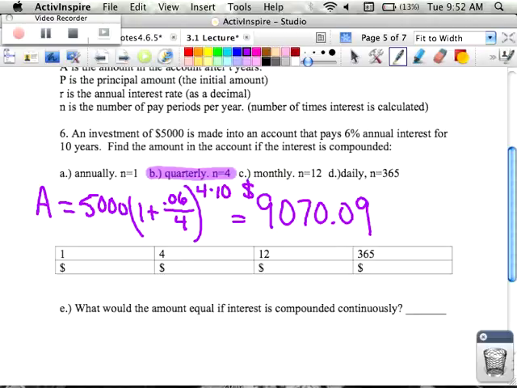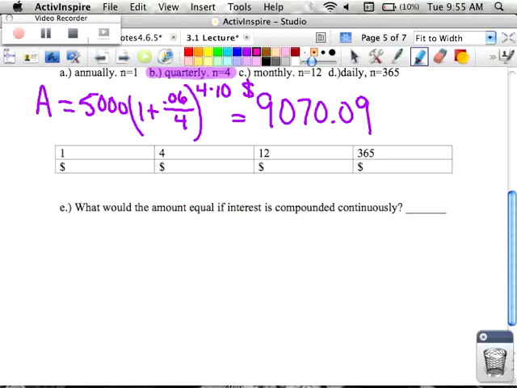Let's try letter D. So if I'm looking at compounding my money daily, which in today's day and age you should easily be able to get out of a bank because they have computers, I'm still going to take that amount that I wanted, that $5,000 that I want to invest. I still have the formula 1 plus the interest rate, which is 0.06. But this time, I'm compounding it